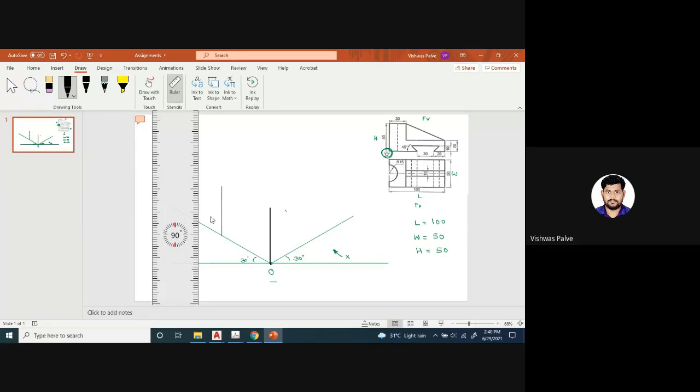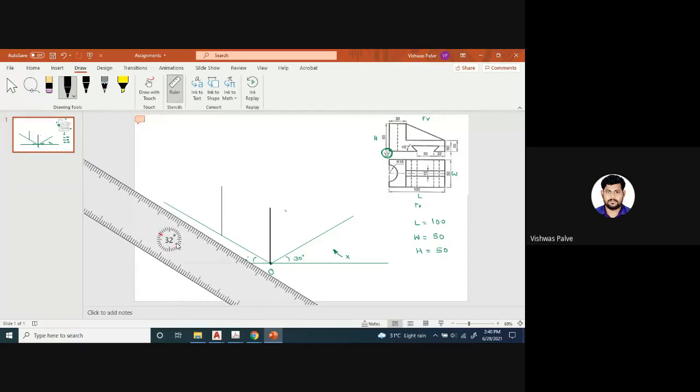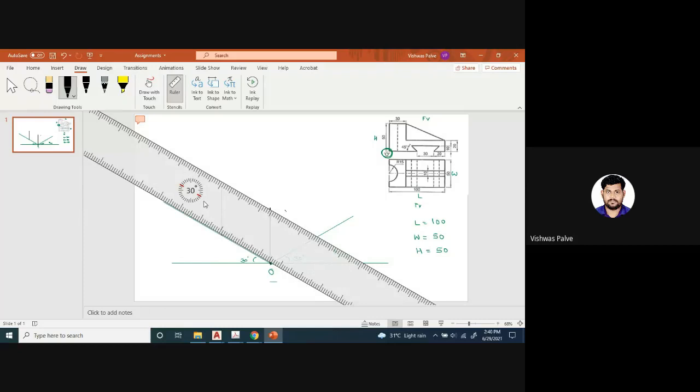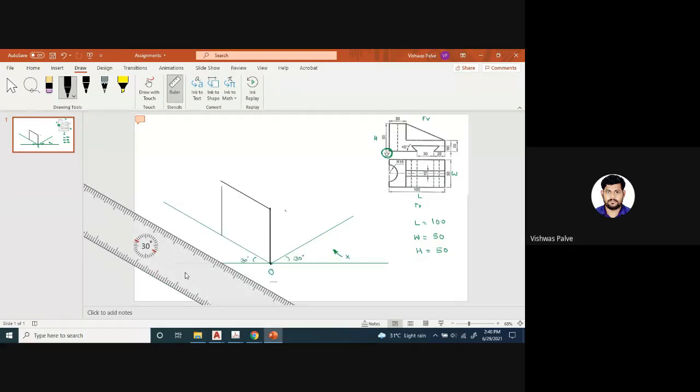Now I want to connect these two lines. So again, 30-degree inclined line, you have to set your roller scale. So for that, we require a roller scale. Set your roller scale parallel to it. Okay, now see, I have to draw it accurately. If I'm drawing with some reference, then here I have to connect this small distance. Okay, then I want to connect this now 30 millimeter.